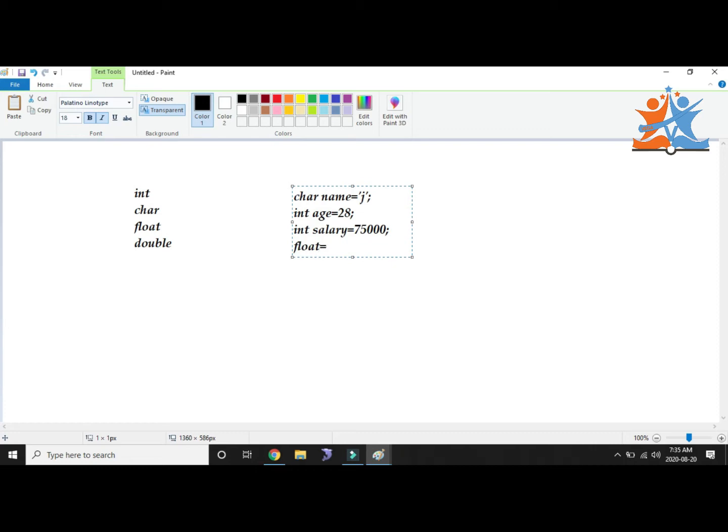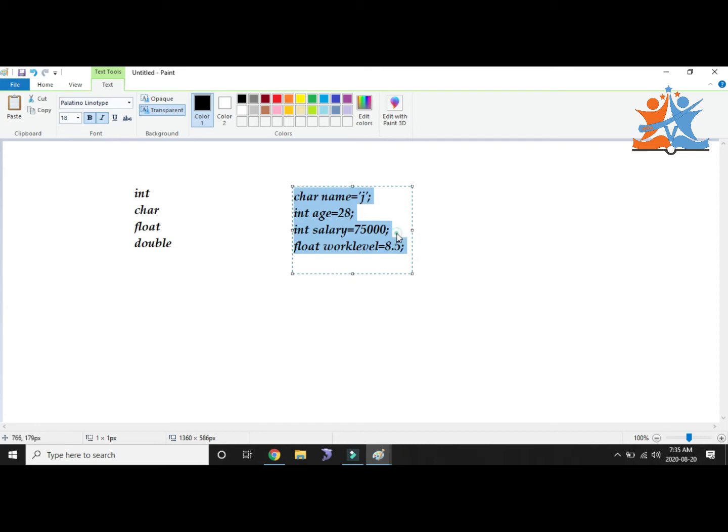Float is the working level, out of 10, for example 8.5. So this is one complete employee information. Like that we have a requirement.